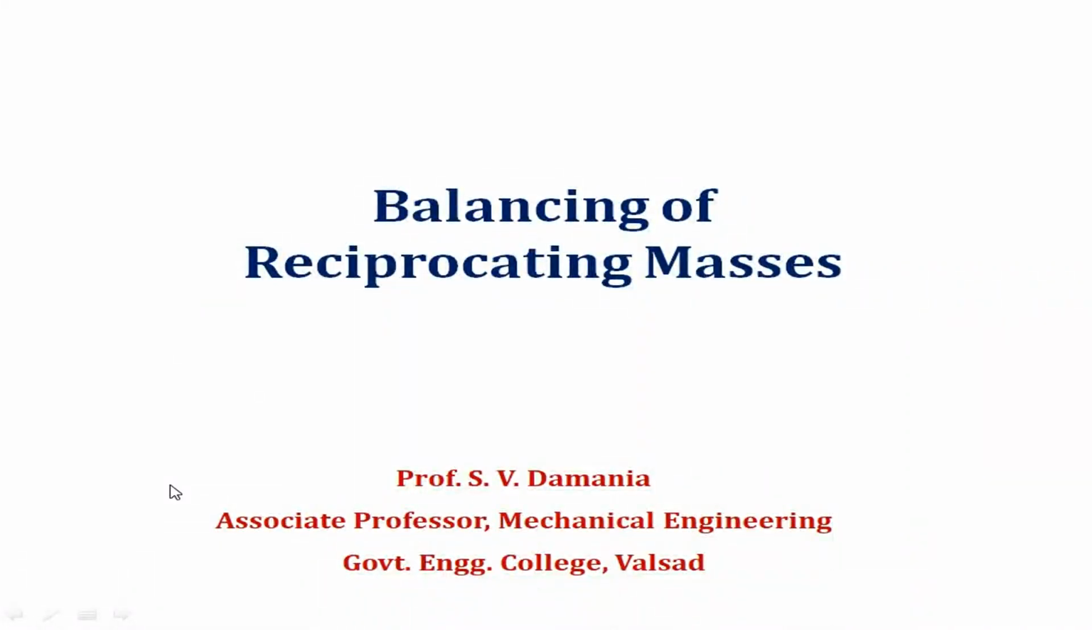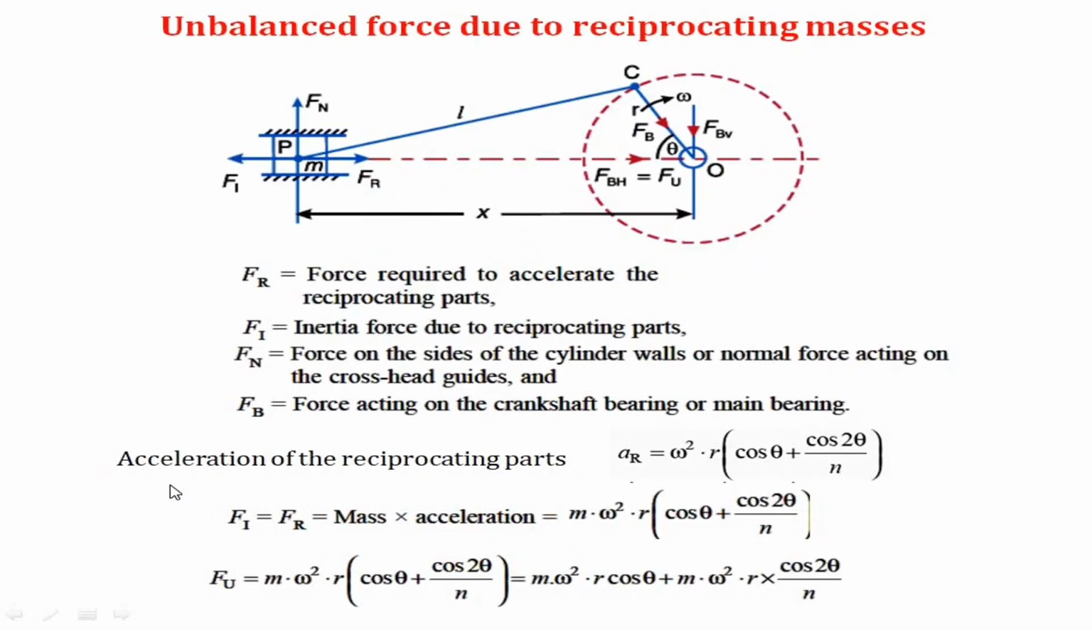We are going to discuss balancing of reciprocating masses. First of all, it is required to know how the unbalanced forces are created by reciprocating masses. For that, we have taken an example of a single cylinder reciprocating engine in which the components are shown over here. This is the crank, connecting rod, piston and cylinder, and the different forces which are going to act in the system